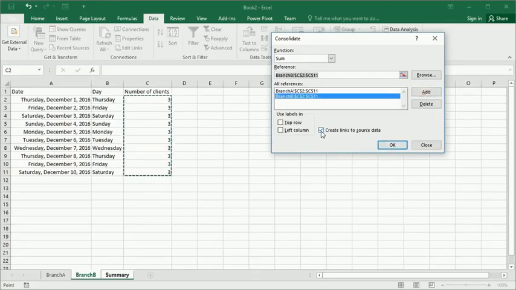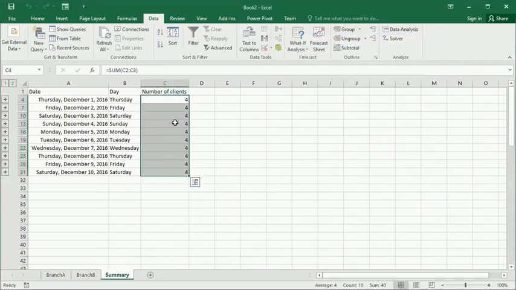You can toggle this create links to source data. If this checkbox is checked, then if any of the data for branch A or branch B gets edited, the summary, the consolidated data, will get updated. So I just click OK here, so you can see the summary there, and it's been grouped